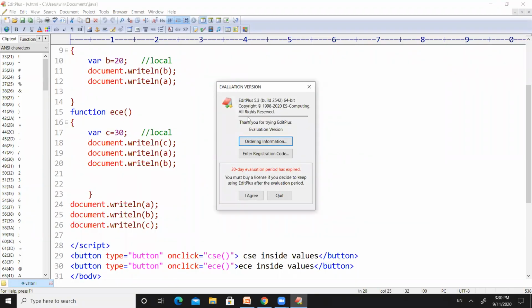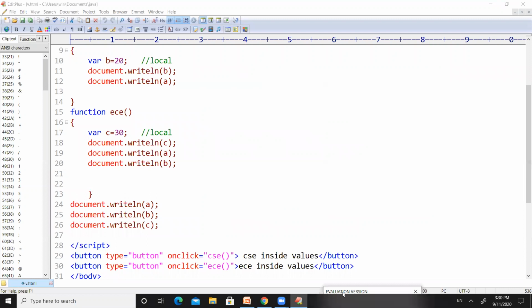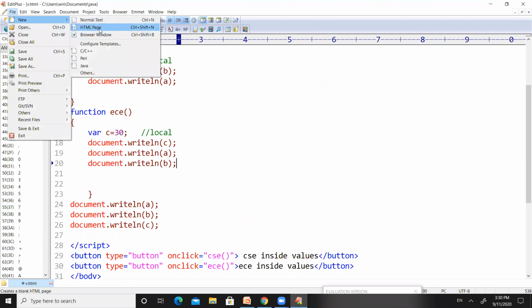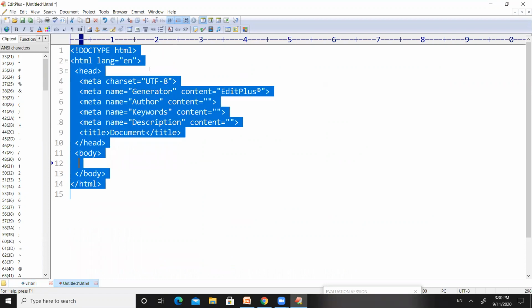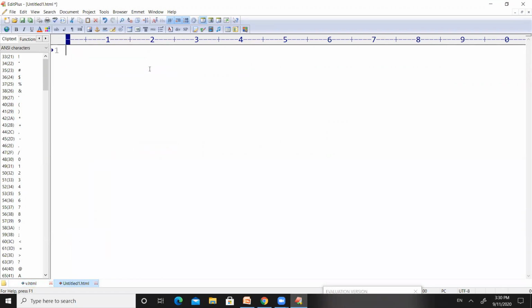This was the program we saw in the previous session during the declaration and assignment of values to the variables. Now let us take one more new HTML page. Let us start working here with the keywords let and const.